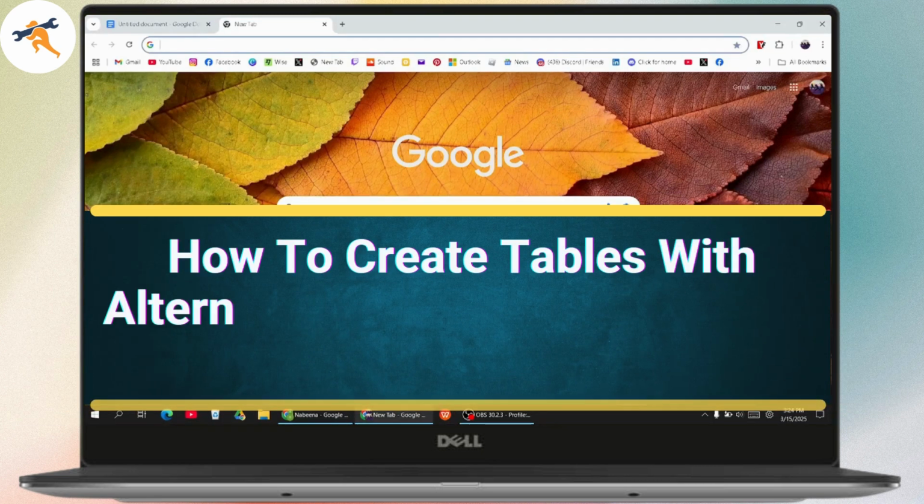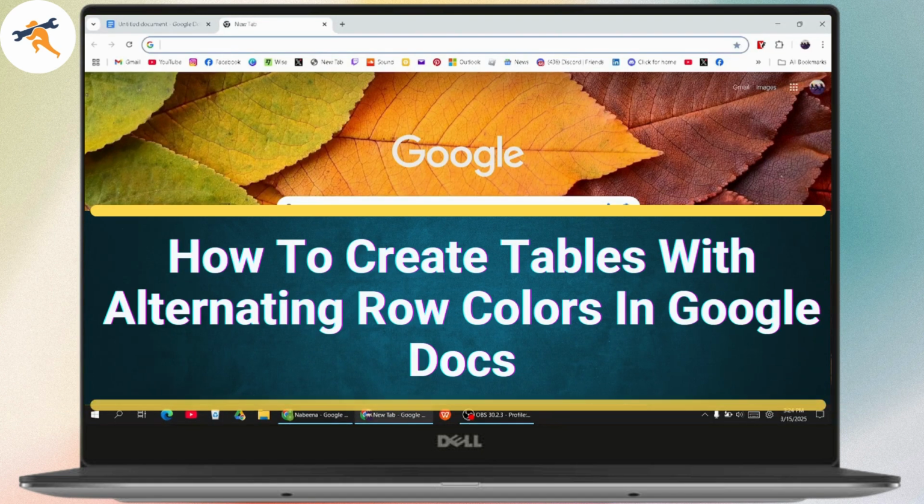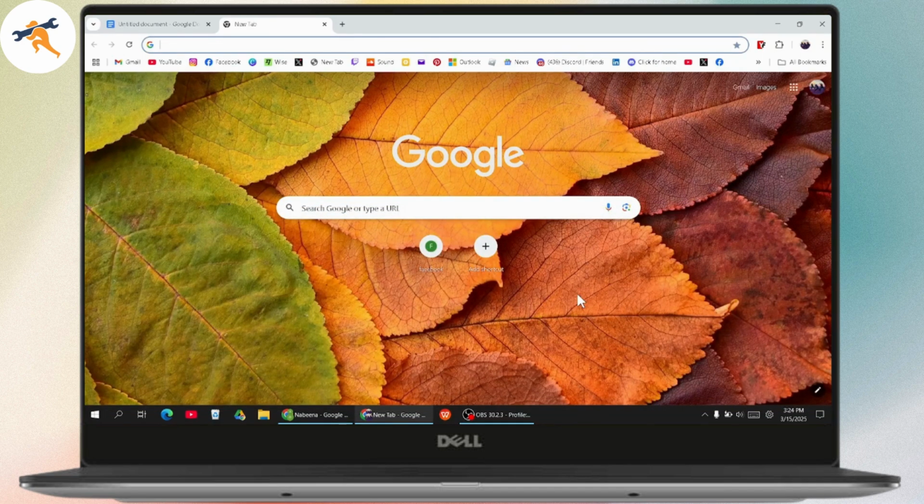How to create tables with alternating row colors in Google Docs. If you want to create tables with alternating row colors in Google Docs, then what you need to do